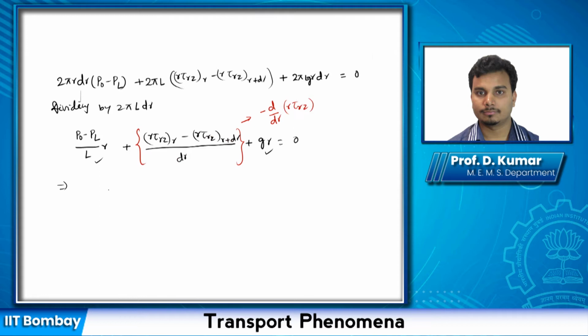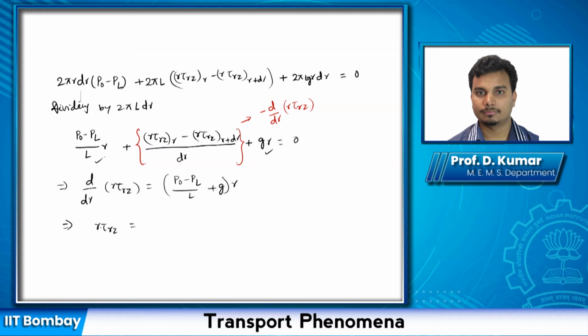Change the color back to black. Okay, so what we get is, you take these two terms from the right side, then this negative sign will be gone. So d by dr of r tau rz becomes p naught minus pL by L plus g. The negative sign is gone from here, and then both are multiplied by r. So this gives you d by dr of r tau rz is equal to